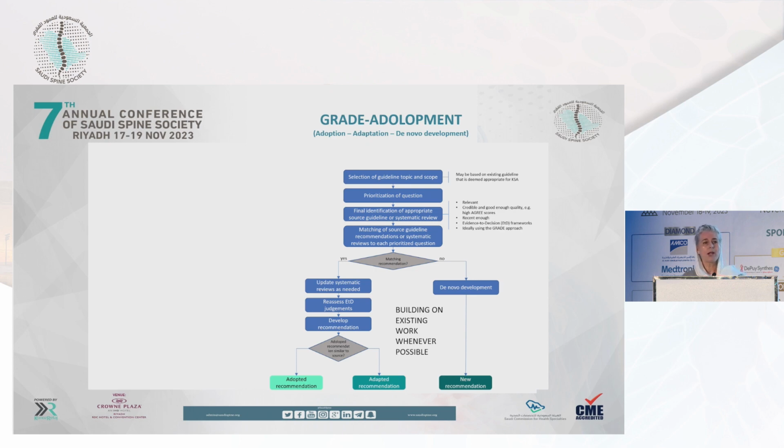So what you do there at the beginning is that you decide, of course, the guideline topic and what area you would like to address, in order to then do a systematic search for existing clinical practice guidelines in the area. You then assess their quality and currency, so how old they are, and whether they really are applicable and relevant, but also of sufficient quality. So once you did that, and that in itself can be quite an interesting process until you reach consensus on what guideline to start out with, you then